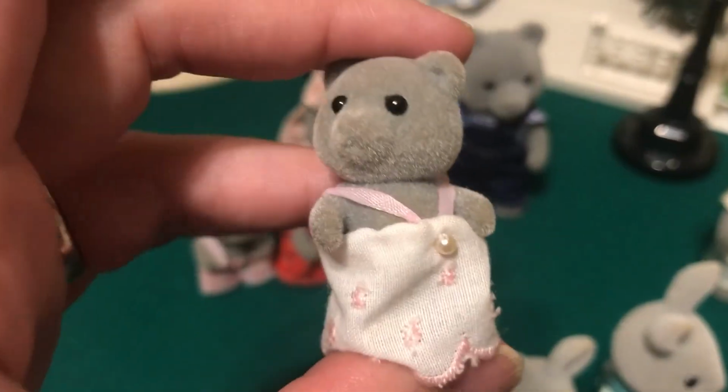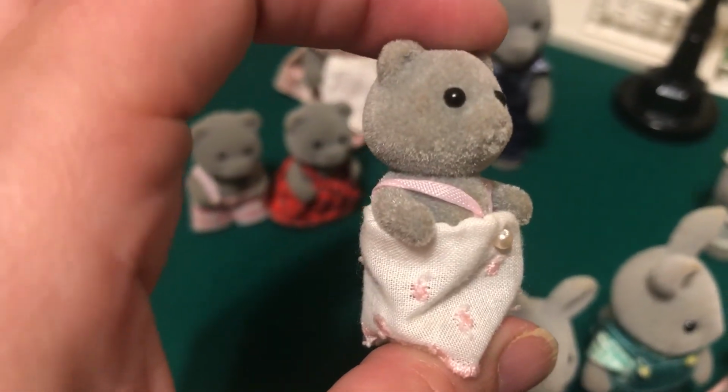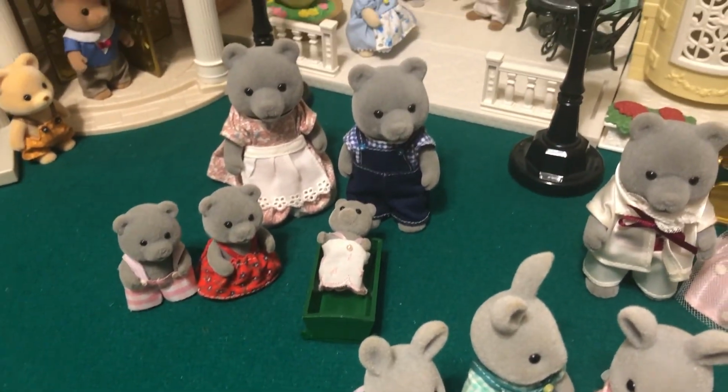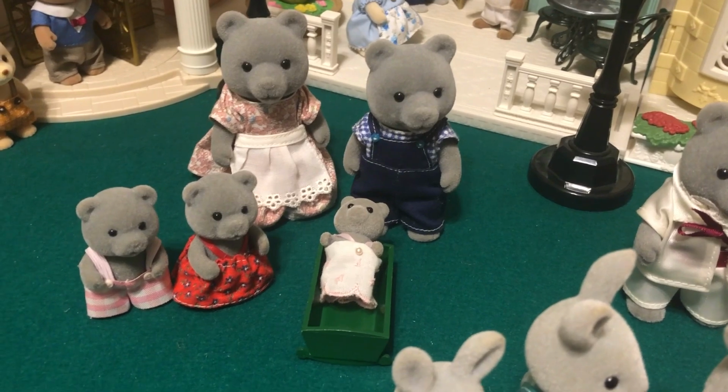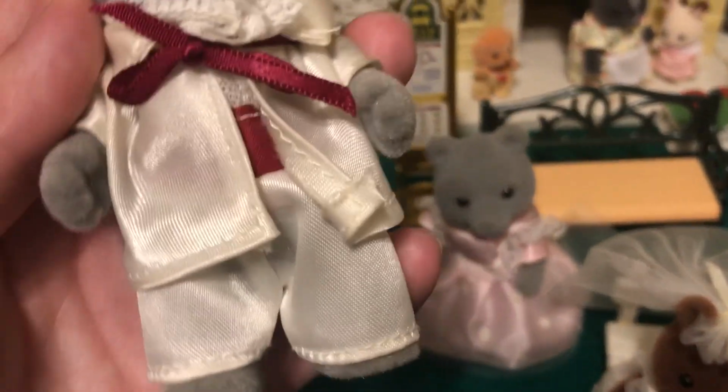And then we have the baby sister Poppy. And she is the only one with a little ribbon still on her little dress. And she definitely needs a bath. So those are the Evergreens, and then over here we have the Sweetwater, which are the same as the Evergreen,